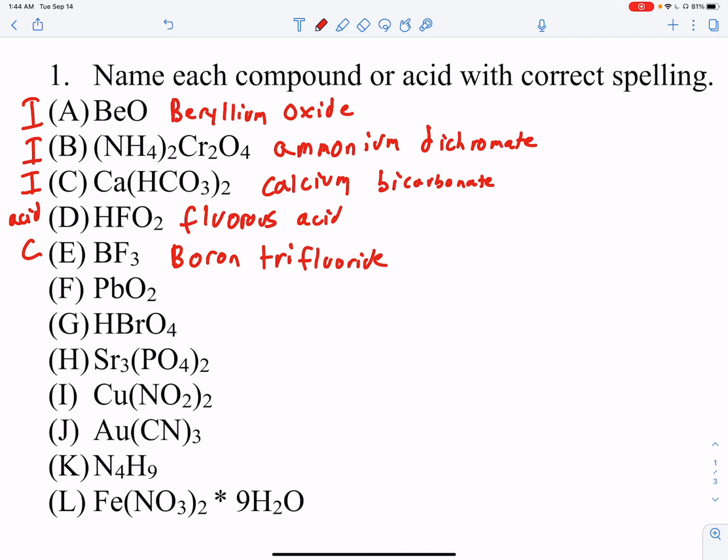Okay? Letter F is an ionic bond. Now, keep in mind that this Pb is one of those transition metals, meaning it's indecisive. It can be many different charges. So you need to specify what charge it is in the compound that you're given. Now, in this case, I know that it's going to be lead 4